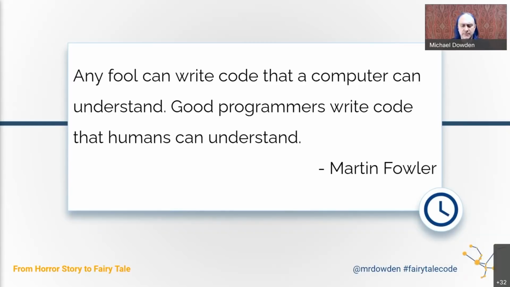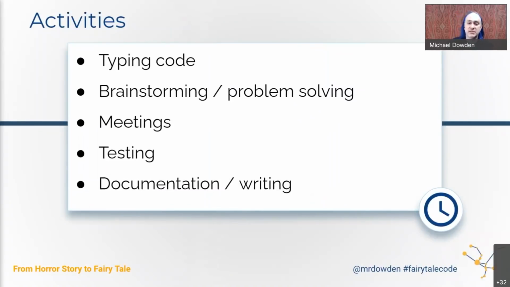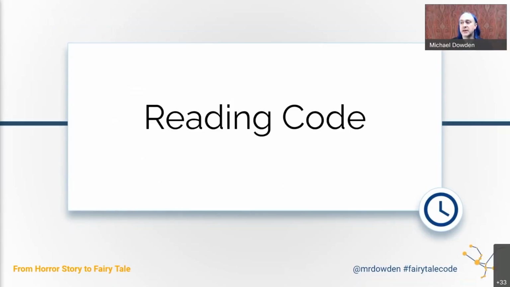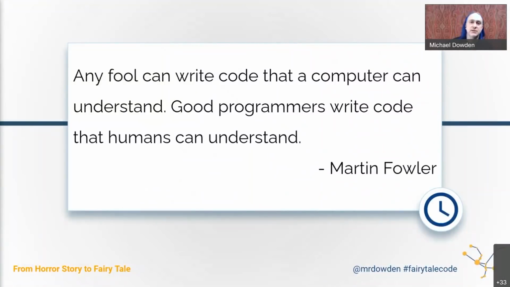And this brings me to an important concept about code. When we think about the activities that we do as programmers, in fact, let's go back to that list really quickly. Only one of these involves writing code, but all of them involve reading code, right? And because of this, code perhaps doesn't exist to tell the computer what to do. That is not its primary function. Its primary function is perhaps to serve as documentation and communication to other developers.